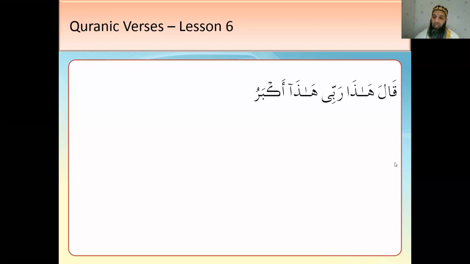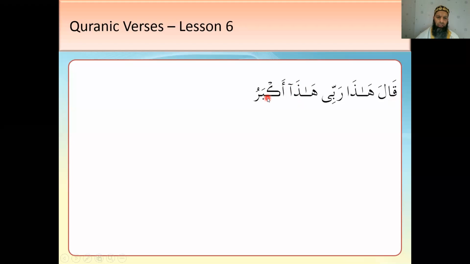Okay. Hadha. We've done hadha in lesson 1. This is. Rabbi. What's Rabbi? We've done this in lesson 4 or 5. Rabbi. The ya makes it my. So Rabbi means my Lord. He said, this is my Lord. Hadha. This is